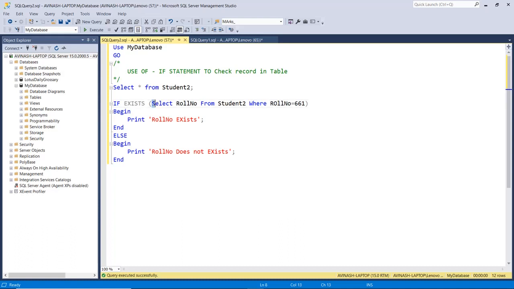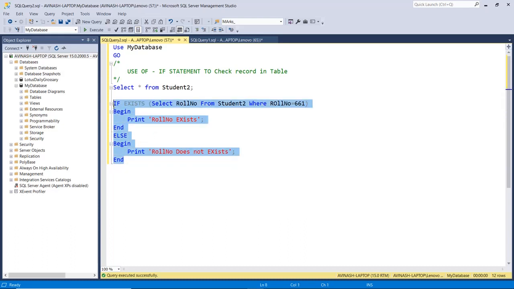Then we have a query, select roll number from student where roll number this one. So this query will return null if no value found. If the value found, then it returns the value. And this exists generates the true or false. So if this is true, then roll number exists, else no roll number.